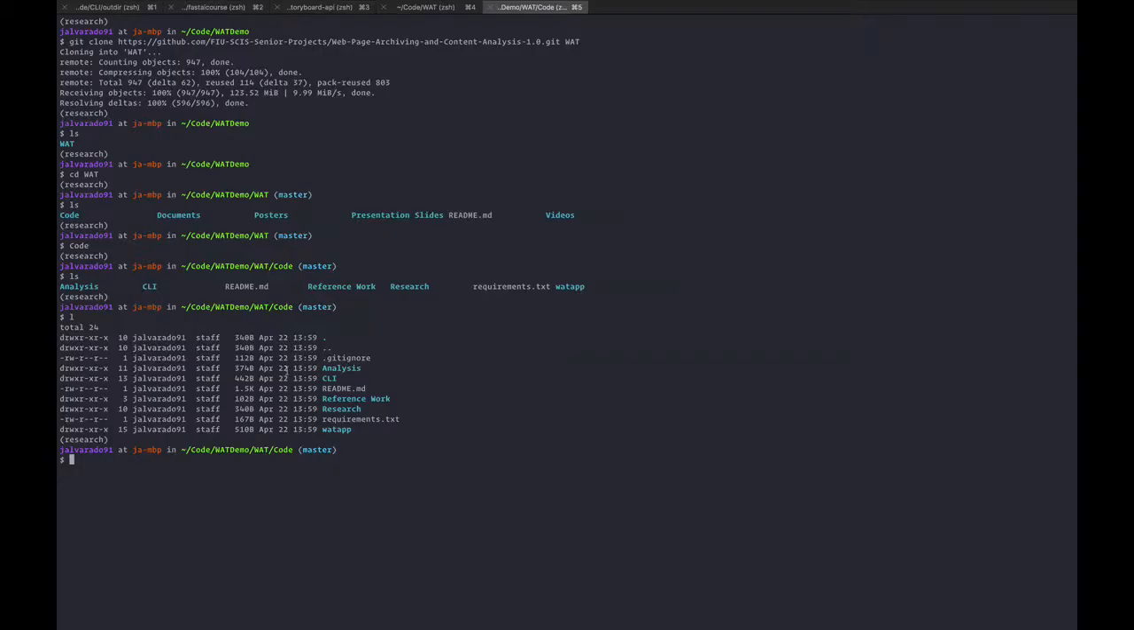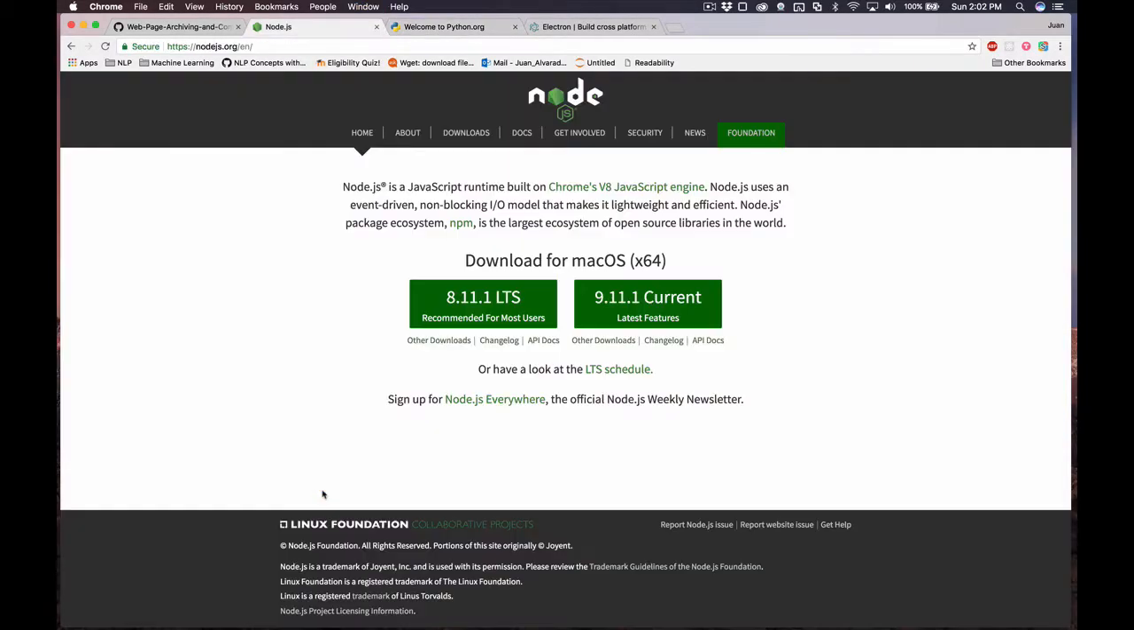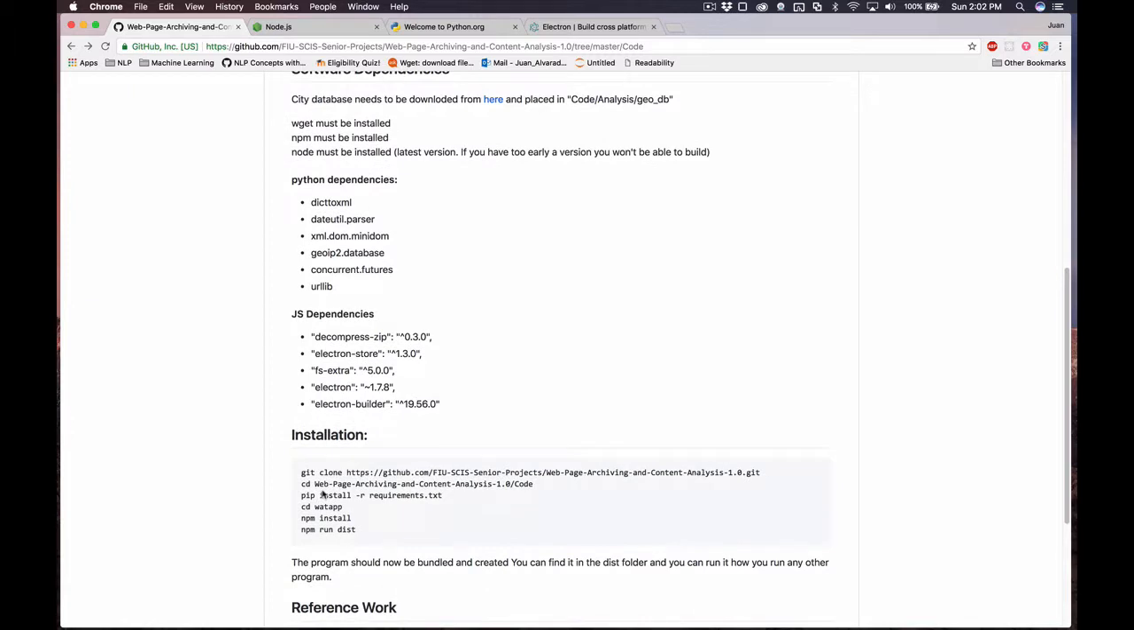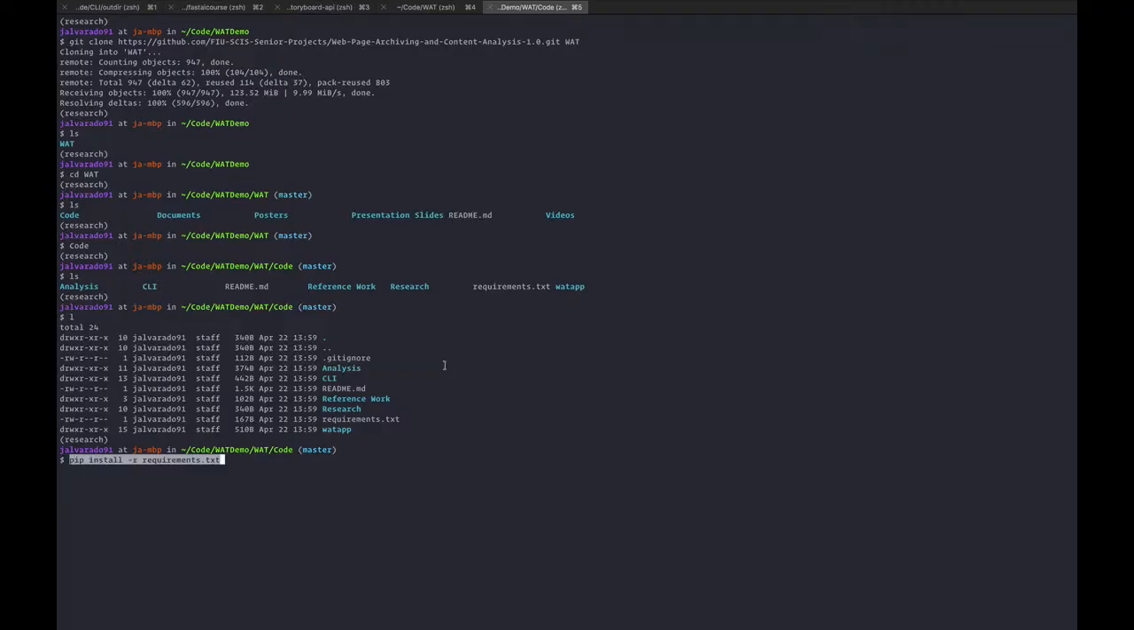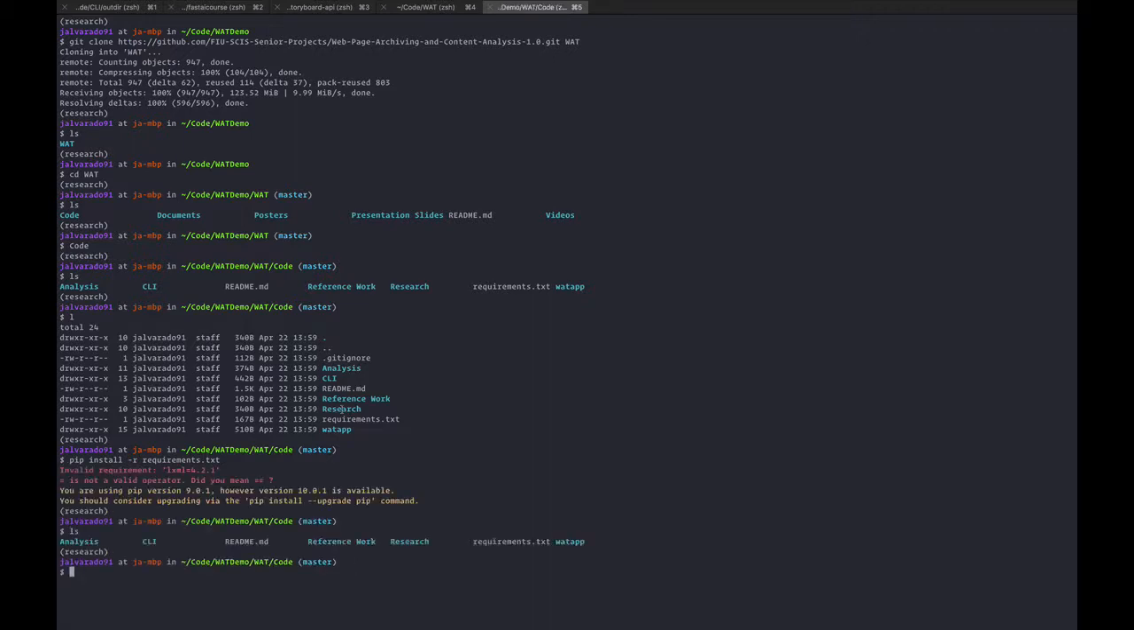If I go into the directory here, the first thing I want to run is to install the Python dependencies, and I can do that by running pip install requirements. Now I have already done that, but if I do that here, we'll see a lot of these are already done. So next thing we want to do is install the dependencies for the desktop application,